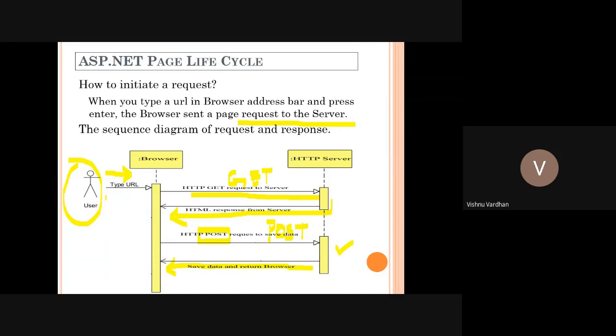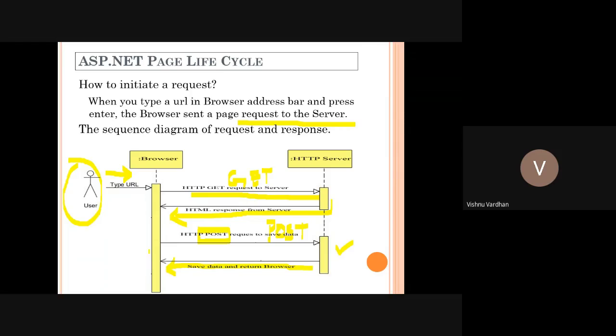For all those requests, the browser is able to connect to the server. The server identifies which kind of verb it is, whether it is a get, post, delete, patch, or update. All these verbs are identified by the HTTP server. The corresponding action is done, and then finally the output is sent to the user. The output is finally received by the user in the format of HTML plus CSS plus JavaScript.